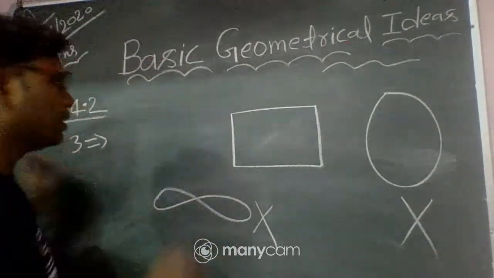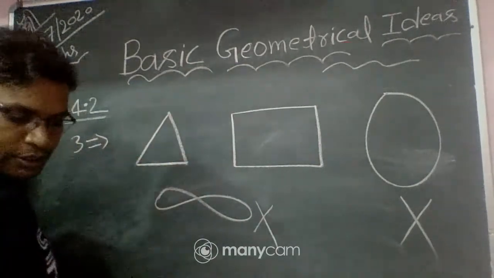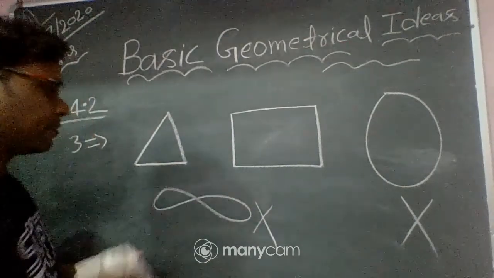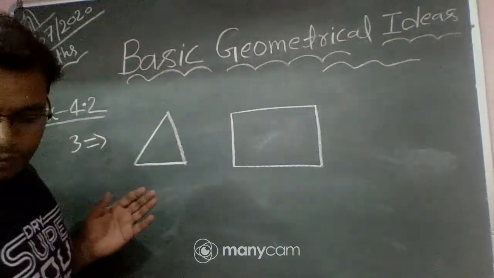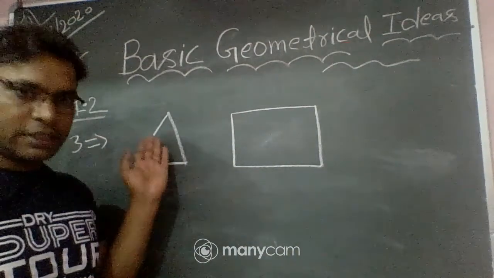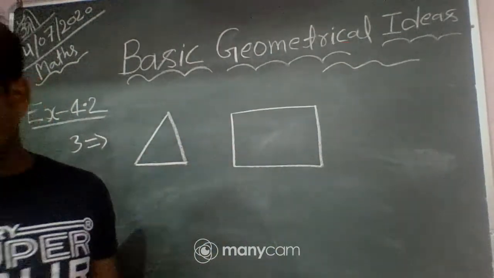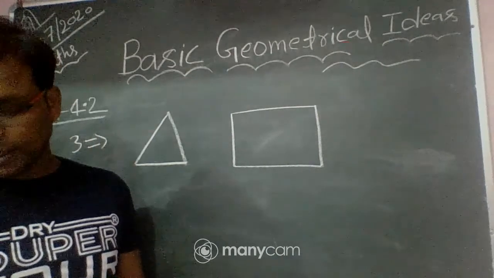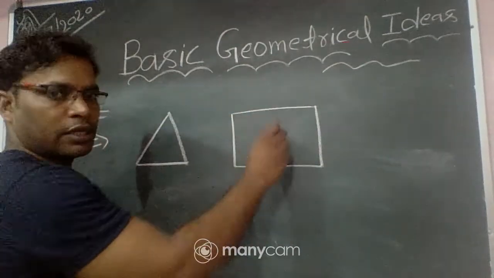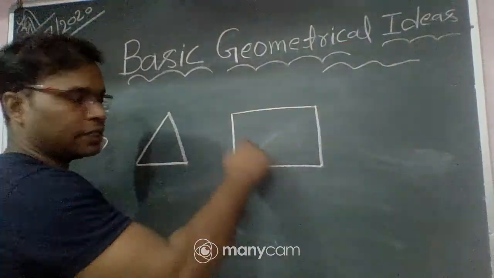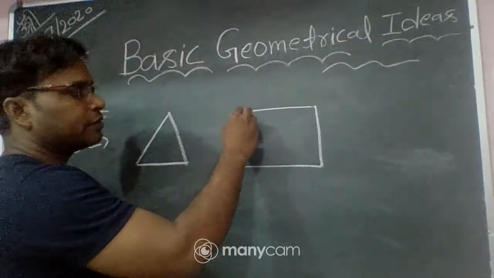Also, you can draw a three-sided polygon like this. This is a three-sided polygon, and a three-sided polygon is called a triangle. So you can see these two polygons: the three-sided polygon is a triangle, and the four-sided polygon is a quadrilateral. Now shade its interior. The interior region is the region bounded by these line segments. This is called the interior region of the polygon. So shade it like this.